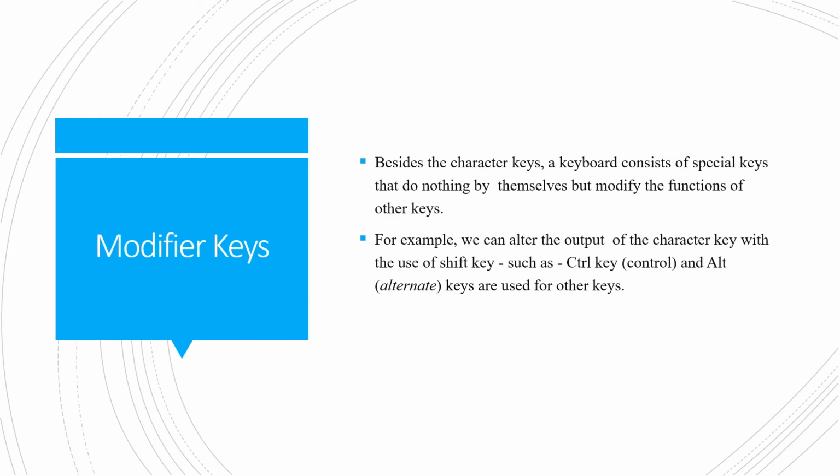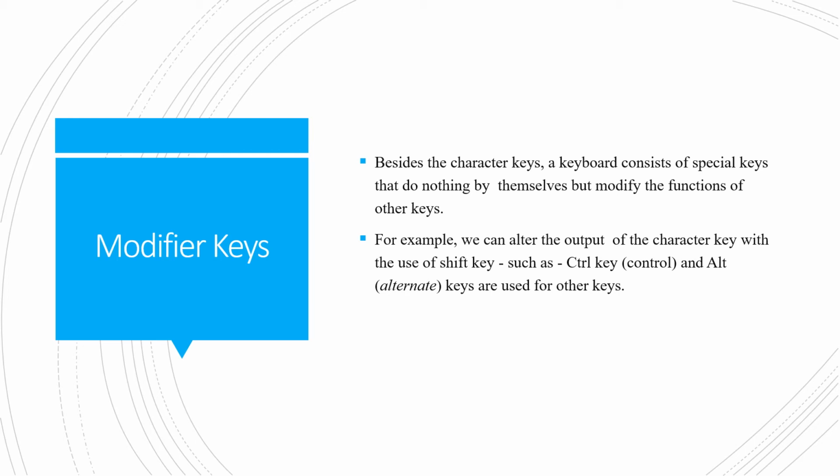Modifier keys, as the name suggests, help to modify the character. It means they will not perform anything on their own. They apply changes or modify different functions. For example, control keys and shift keys are generally used. The shift key is used to change the case of a character, either capital or small letter. But caps lock alone will not perform anything. It means with the help of modifier keys we can modify our character operation.